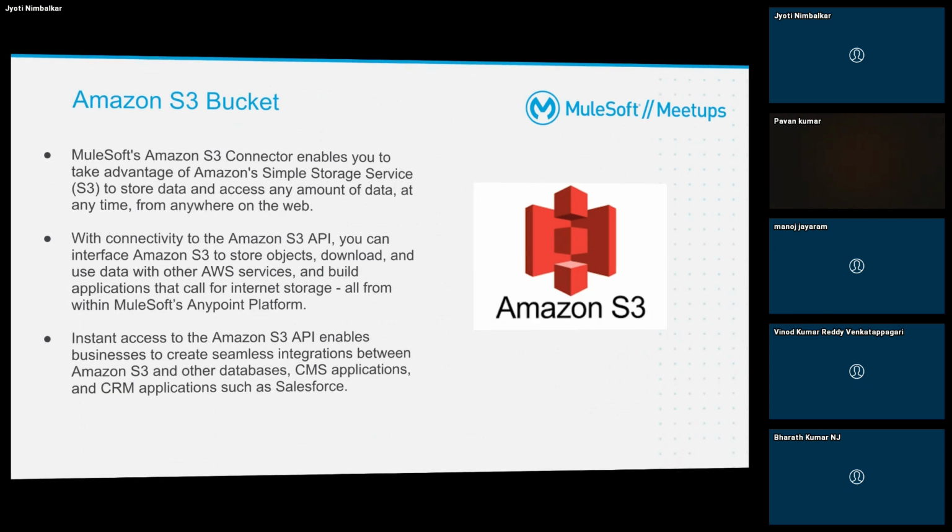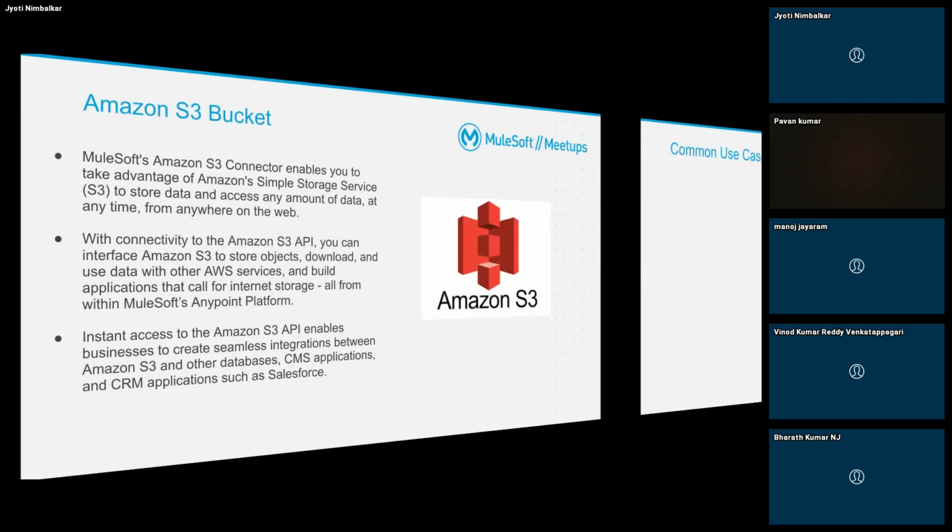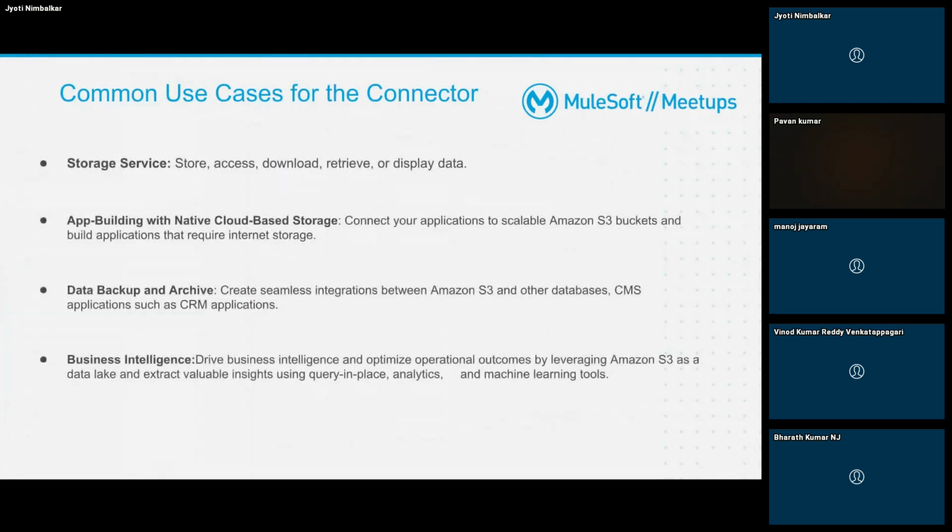These are various use cases of S3 bucket: we can use it for storage purposes, app building and cloud-native storage, database backup and archiving, and business intelligence. According to our requirements, we can make use of these connectors.